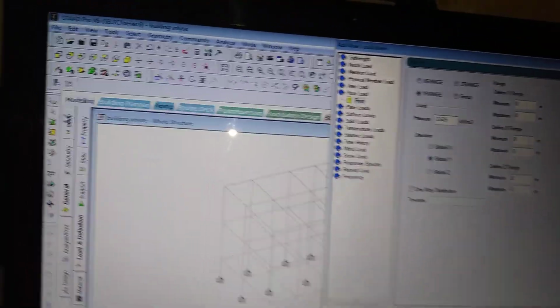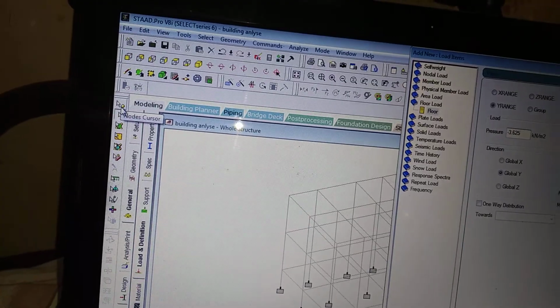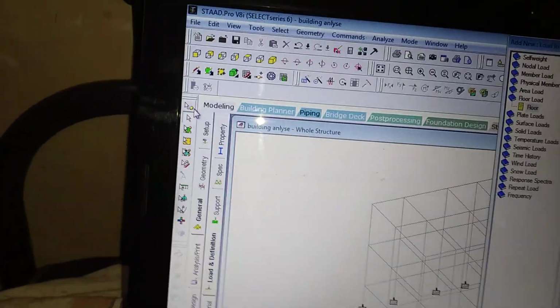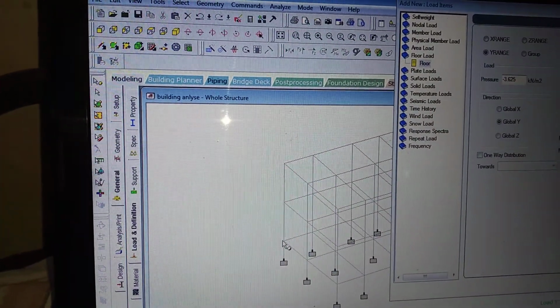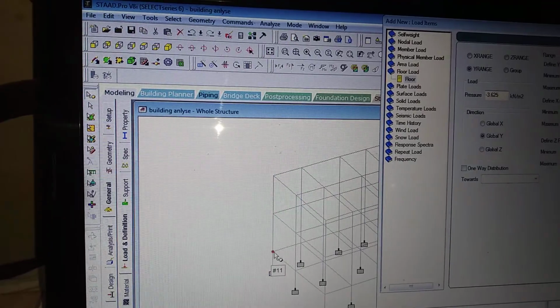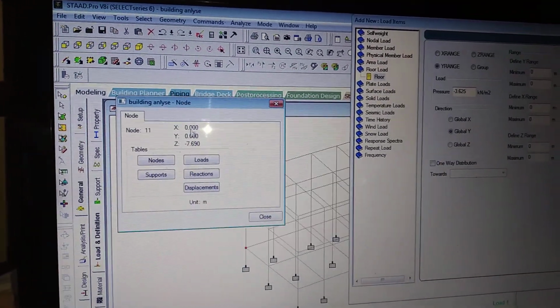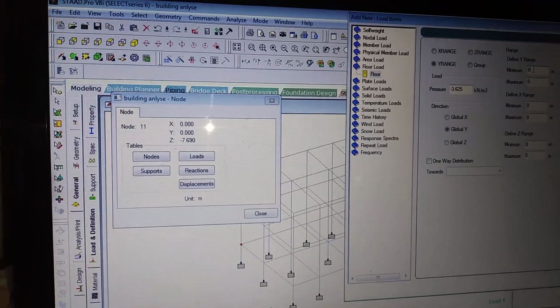Okay, see here, how am I mentioning? I want a Y height, no? So I will go to this node cursor and give a double click. If I double click on this node, the Y range minimum is 0.